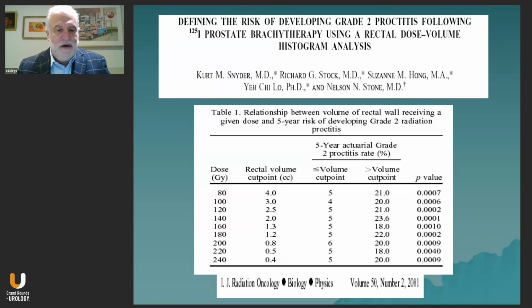rate. And so what we found is that for various doses given off by an I-125 implant, there were various cut points above which the patient was much more likely to develop rectal bleeding. Below, they were much less likely, and all those cut points were statistically significant. Now, our prescription dose for I-125 was 160 gray, and we found the most significant cut point being 1.3 cc's of rectal tissue from the dose volume histogram. Above that, there was a higher likelihood of developing proctitis, and below that, it was much less likely